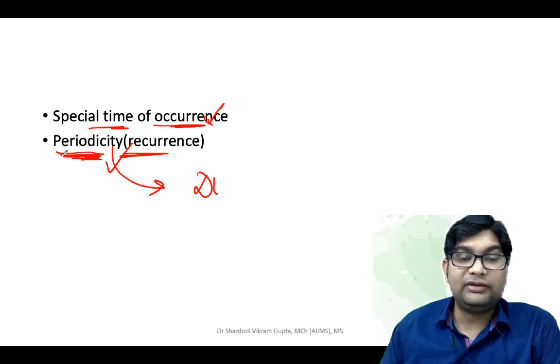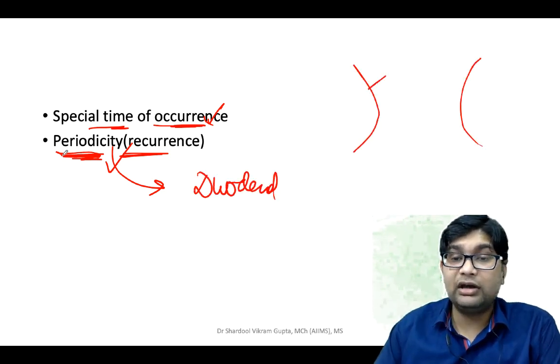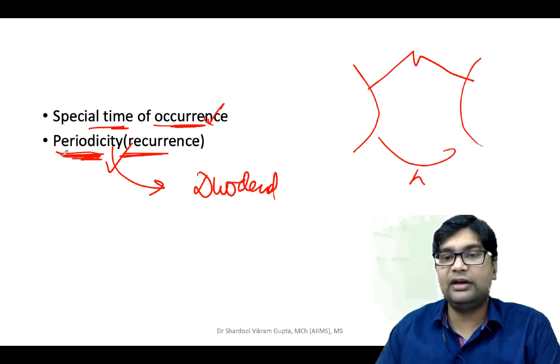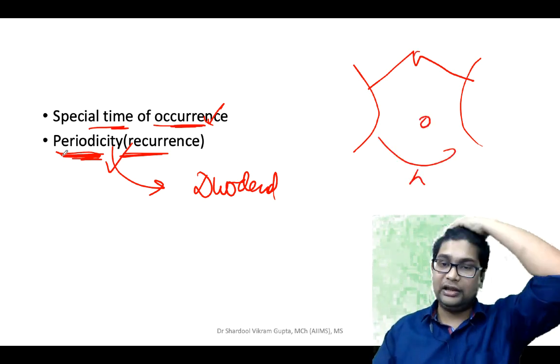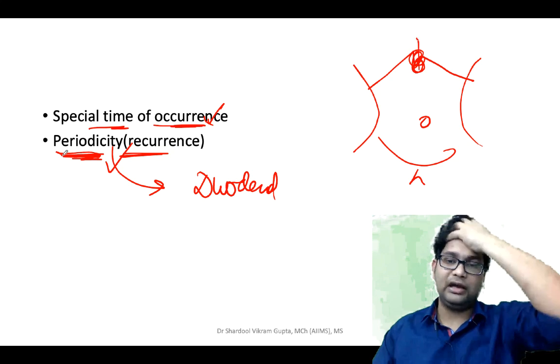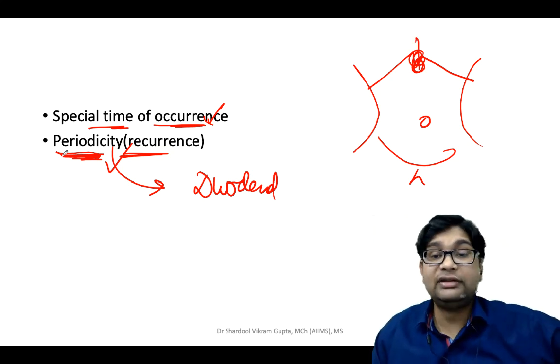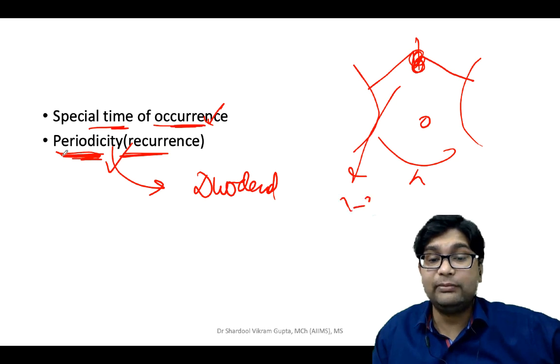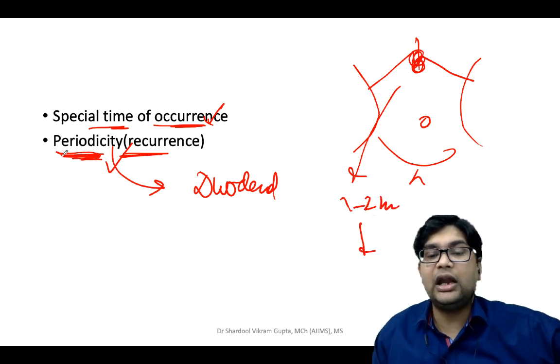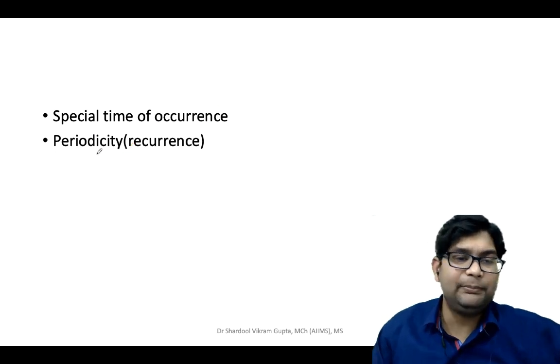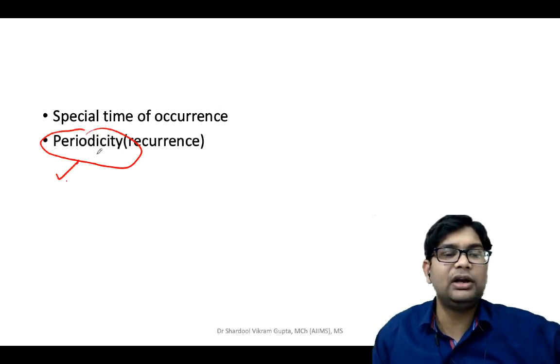Typically in duodenal ulcer, you will have a history that the patient is having some kind of pain in the epigastrium and burning sensation over the chest, and then you will see that it gets relieved for 2-3 months, and then again after 2-3 months the patient starts having pain. So this typical periodicity of pain is seen in duodenal ulcer.